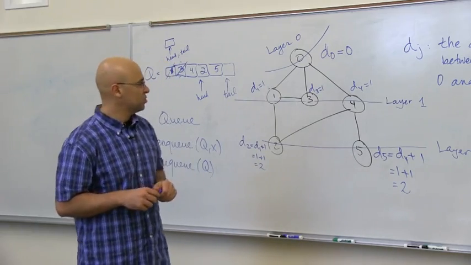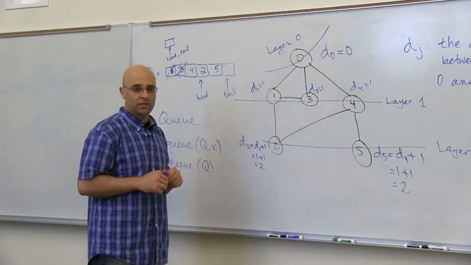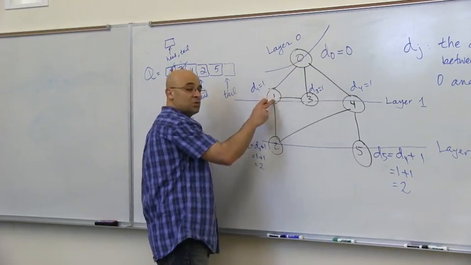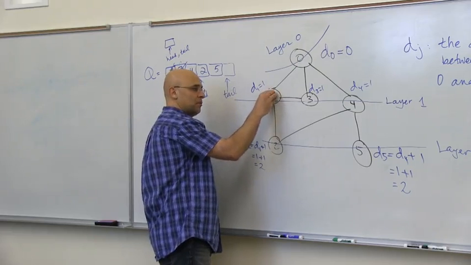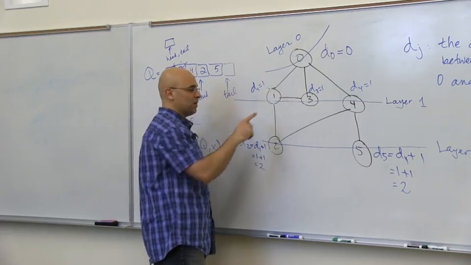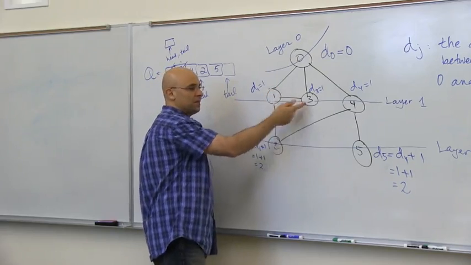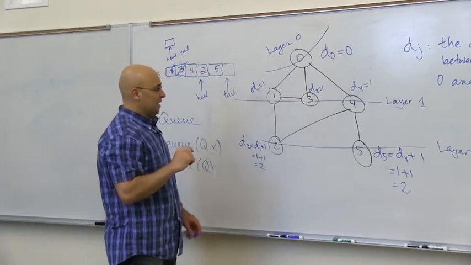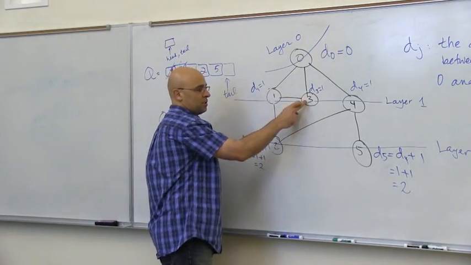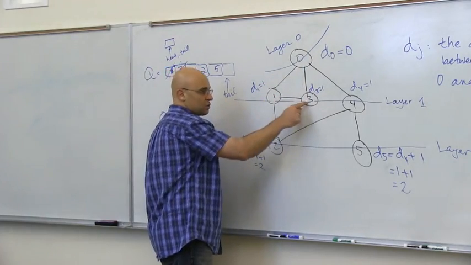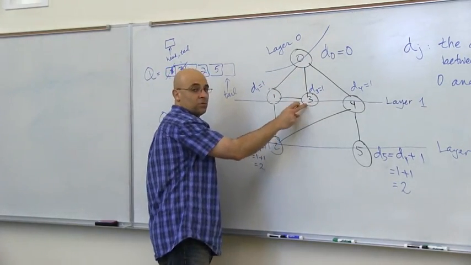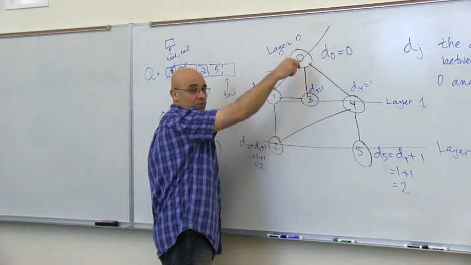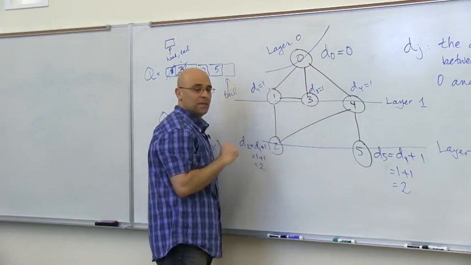The first of which has actually already occurred here: when I computed the distance to node 1, d1 equals 1. Then next I look at all the neighbors of 1, and suppose I'm looking at this neighbor 3. If I say the distance to 3 is the distance from 0 to 1 plus 1, I'm going to get a distance of 2. However, we have already visited node 3 through a much shorter path of distance 1. So it is very